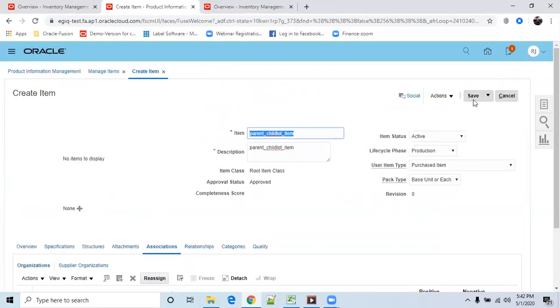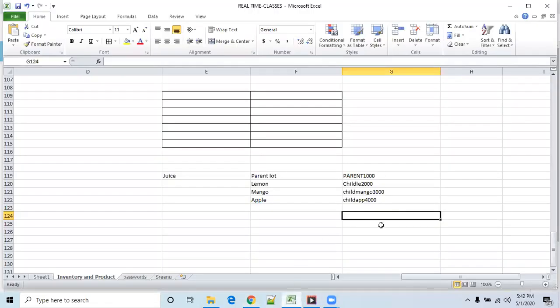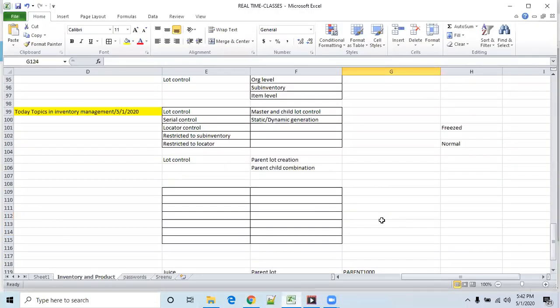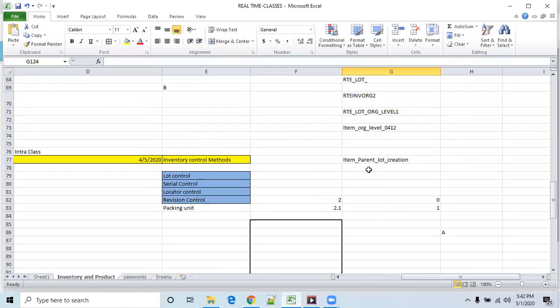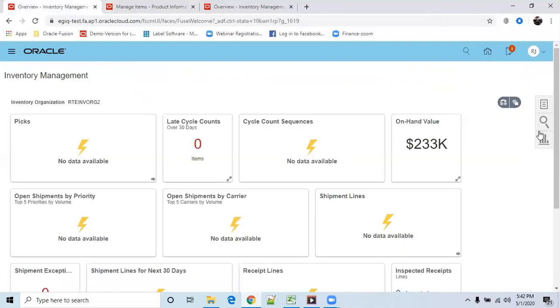Copy that item, save and close. Just note down that item.